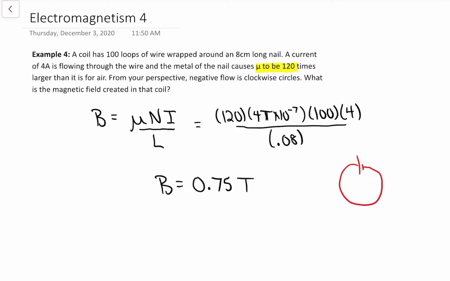We want your fingers to go clockwise. So orientate your hitchhiker hand, your left hitchhiker hand, so your fingers are curling clockwise. When you do that, your thumb is pointed towards you. So if I was drawing it, I would draw it as a dot. That's a little bit messy. In words, I would say that the vector is out of the page or towards